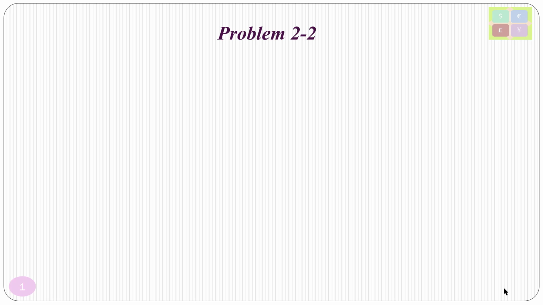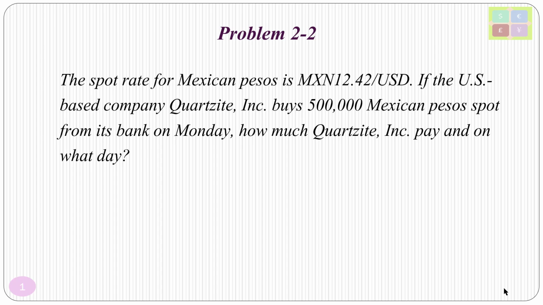Let's take a look at some end of the chapter problems now. We are going to start with problem 2.2. In this problem, we are given the spot rate between the Mexican peso and the US dollar to be 12.42 pesos per US dollar. And we are told that a US company, Quartzite, wants to buy 500,000 Mexican pesos from